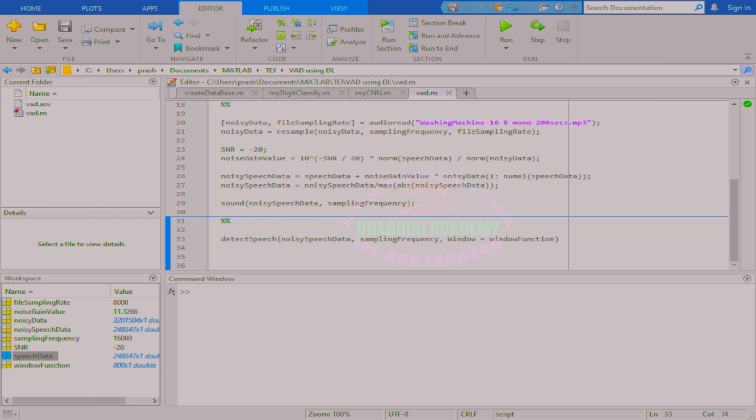So let's see how we can do that. Now in the next part of the code, our intention is that we want to build a